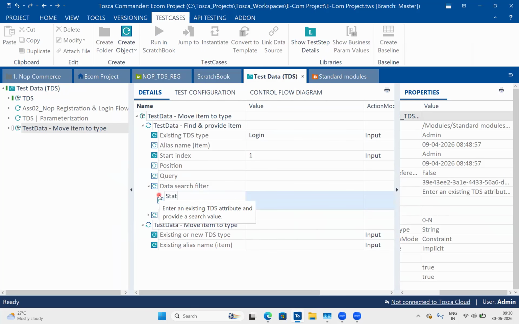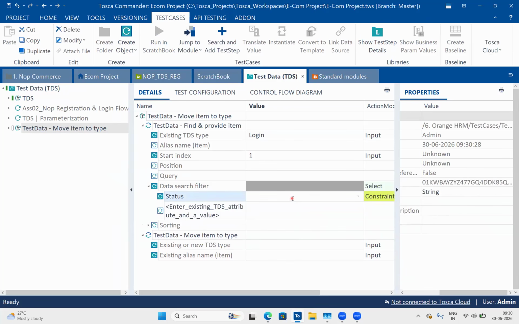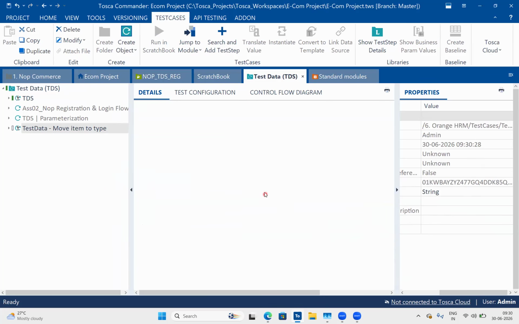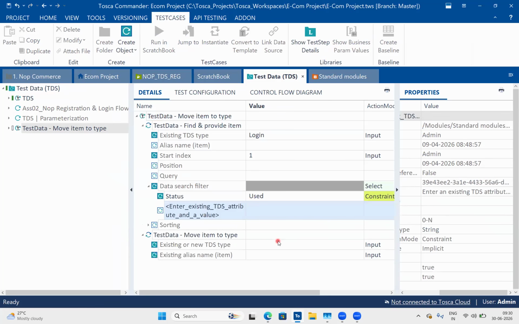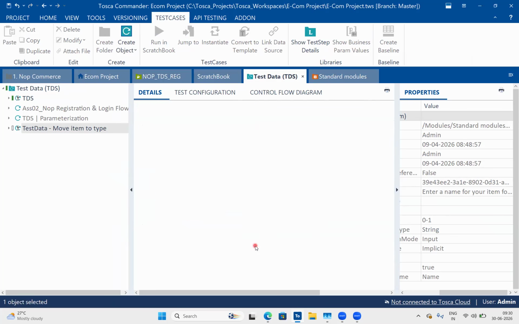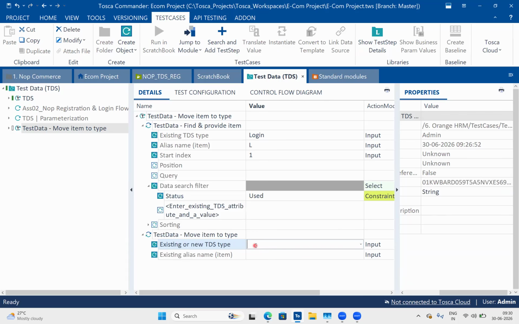I just want to move the records which are having the status equal to used. Which record is having the status equal to used? I just want to move these records to the another type. To do that, Team, here you have to give the existing alias name. Login or only L is also fine. So once we enter L here,